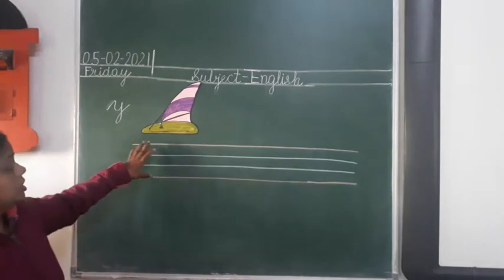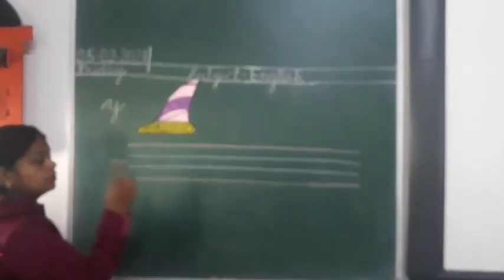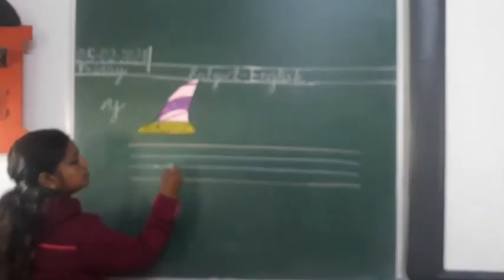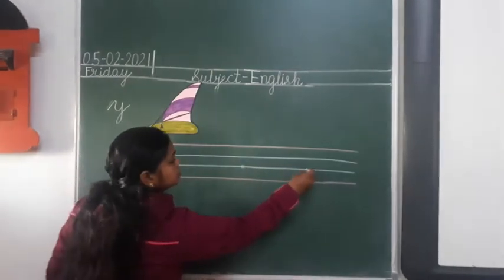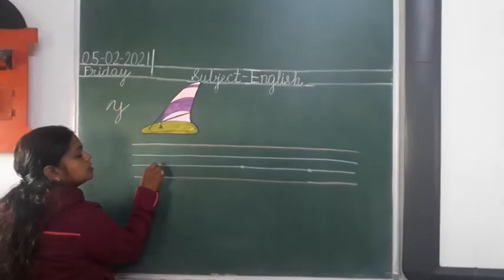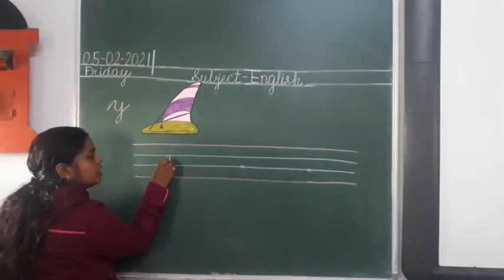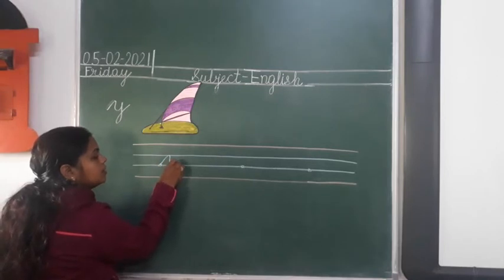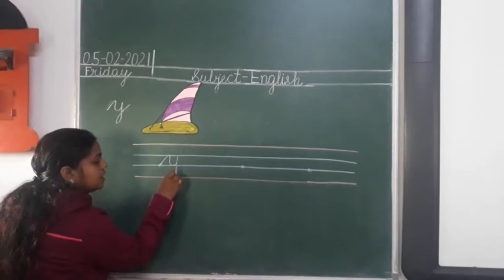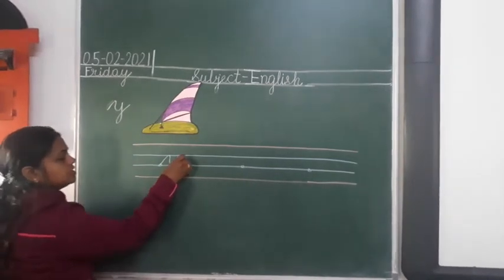Okay, now in your English notebook you have 4 lines, 1, 2, 3 and 4. From the third line you have to put a dot, like this. Now put your pencil on the dot, go upward in a slanting way and then go down, then do like this and then a straight line like this. This line will touch this pink one and then curve like this.